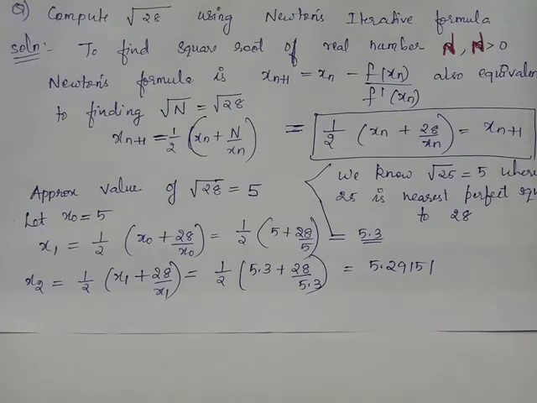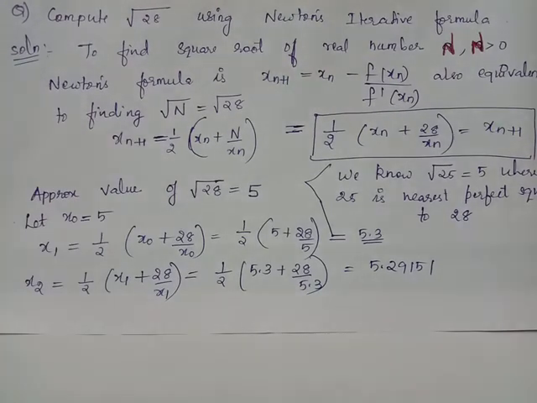When you give n equals 0 in the general formula, we will obtain x1 equals 1 by 2 times x0 plus 28 by x0, where x0 equals 5. Thus we obtain x1 equals 5.3. In order to find out x2, we will give n equals 1 in this general formula and we obtain x2 equals 1 by 2 times x1 plus 28 by x1, where x1 equals 5.3. Thus we obtain x2 equals